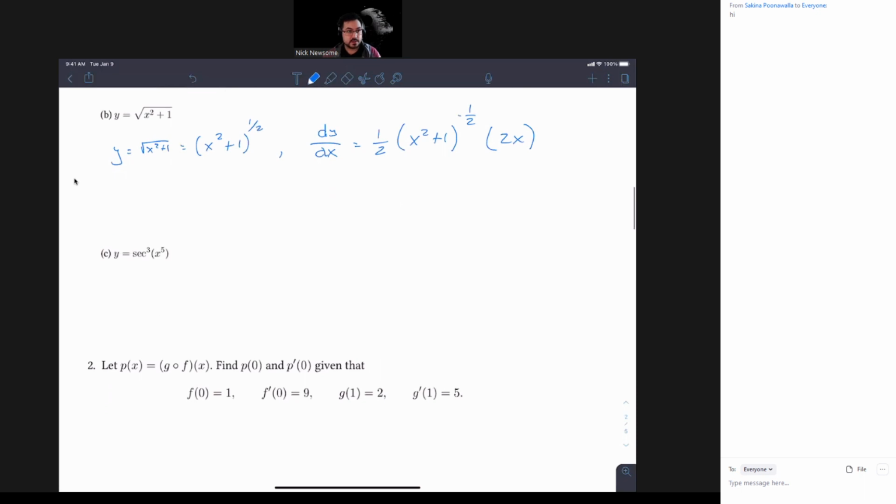Okay, part C. All right, another chain rule. Except the chain rule now is on this secant. So secant cubed, so that's a power rule. So that's going to happen first. So we'll have the 3 come down. All right, derivative of secant